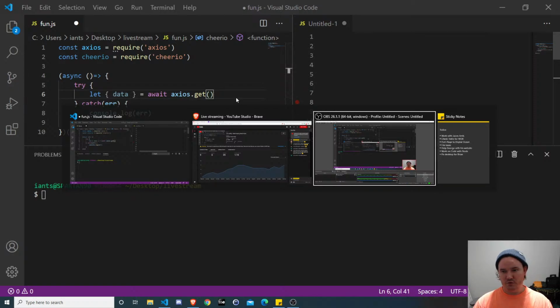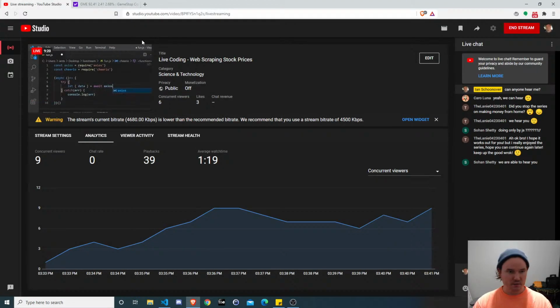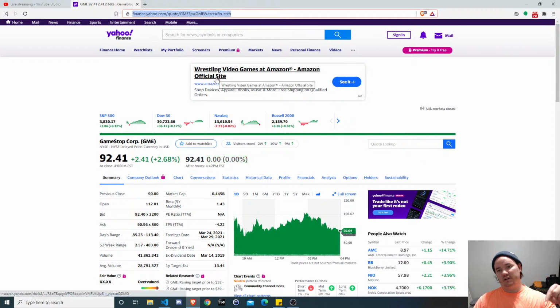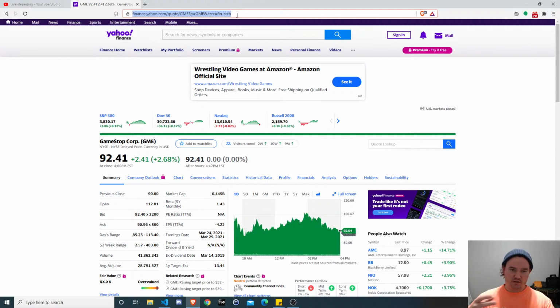Cool. All right, so you decide what website you want to get the HTML from, right? So if you send an HTTP GET request to this URL, that's the same as you entering it in the browser. Thing is, if you do it from Axios instead of the browser, what the browser does is it gets back that string of HTML and then it parses it, and it turns it into what we're looking at, right? And it has access to all these different CDNs and assets, images, CSS style sheets, JavaScript files, etc. Whereas with the HTTP request from Axios, we're just getting back the HTML for the page.